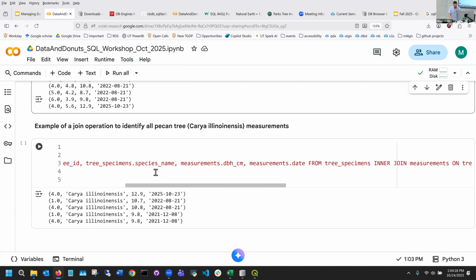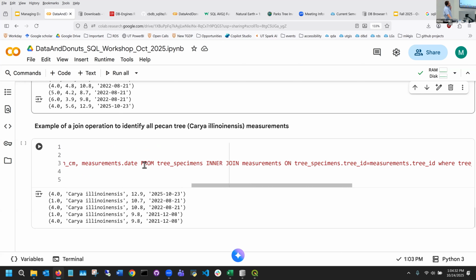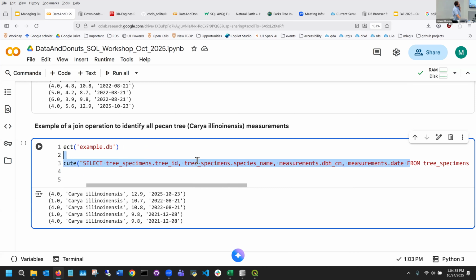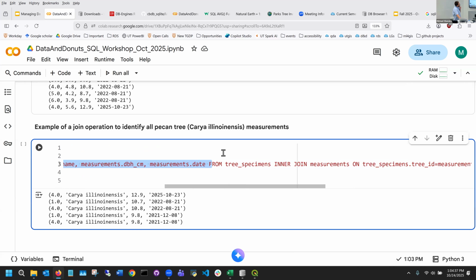And you can see if I scan over, we're going to be connecting the tree specimens table to the measurements table. So I want to pull in the diameter of the tree trunk and the date that it was measured. So we're bringing these 2 things together from 2 different tables. And then this is where I'm actually doing the join. So I'm saying this information is being pulled